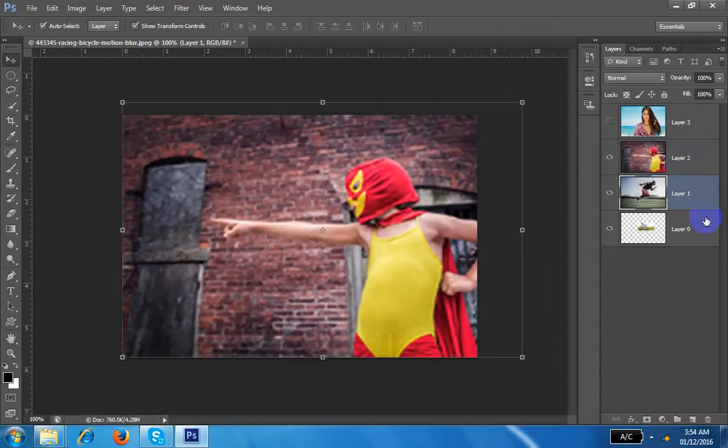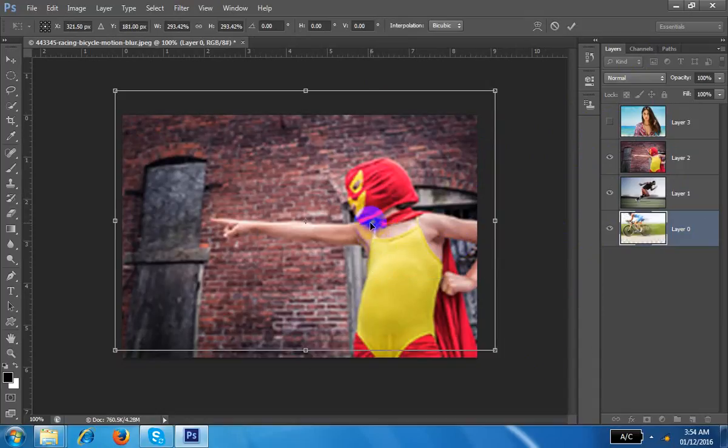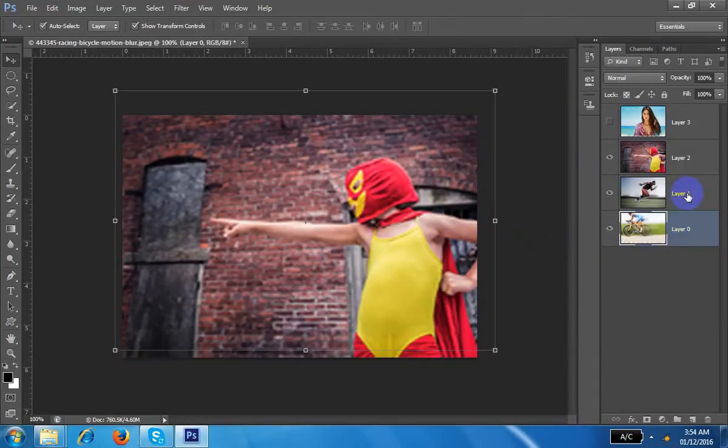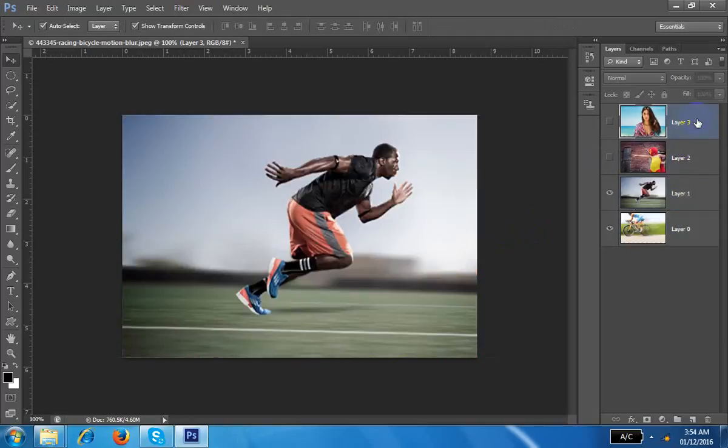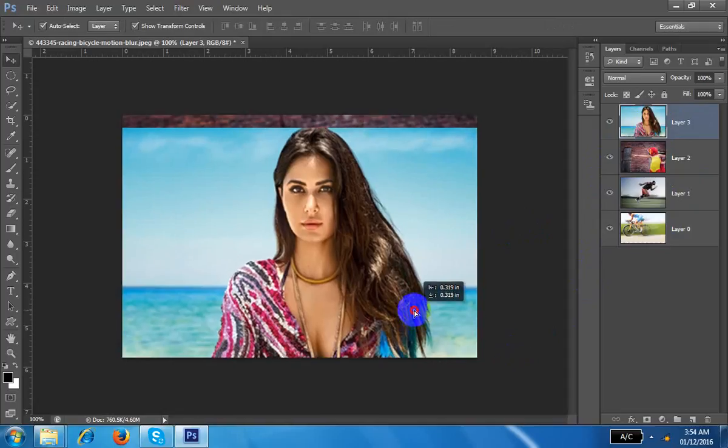Okay, this one again. This one is smaller. Make it bigger. So always I am using the shift. Right now there are 4 images. This one is bigger than the canvas, this is again bigger than the canvas, and this is again bigger than the canvas. Every image is bigger than the canvas. This is called canvas.